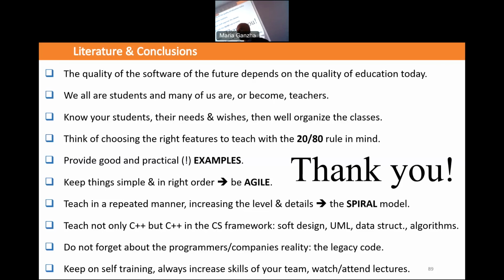For example, the book by Stroustrup, The C++ Programming Language, is wonderful, but it is mostly about C++11, because its last issue was 2013, and it is 1,400 pages or something. So certainly it can be used as a reference, and many things will not work, as you asked, because they are a little bit outdated.